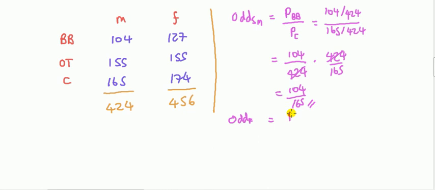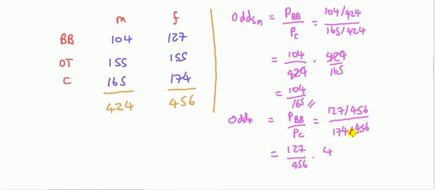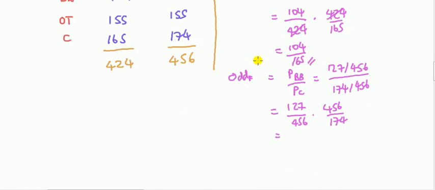Do the same for females. So P breakfast bar over P cereal. Okay, ladies, breakfast bar 127 over 456, and cereal 174 over 456. Again, just using the rule of fractions, turn the second one, the thing being divided, upside down. So we've got 127 over 174. Let's say that M